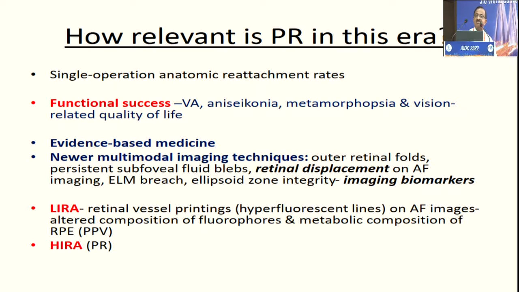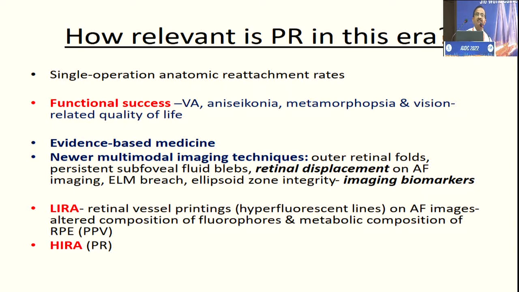All of these are imaging biomarkers for a reattached retina, and autofluorescence has shown us that there are two types of retinal reattachment that happens: a low integrity retinal reattachment and a high integrity retinal reattachment. We will go through this in the next few slides, and it has clearly shown that the RPE, which was hitherto covered by the retinal vessel, now whenever there is a displacement of the retina after reattachment,